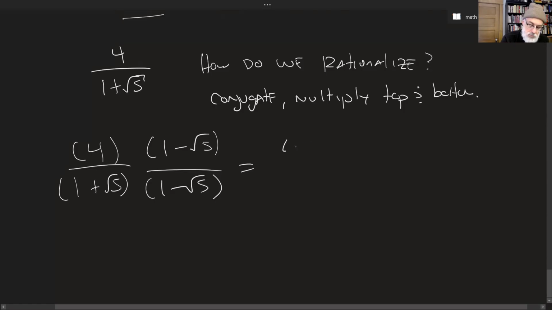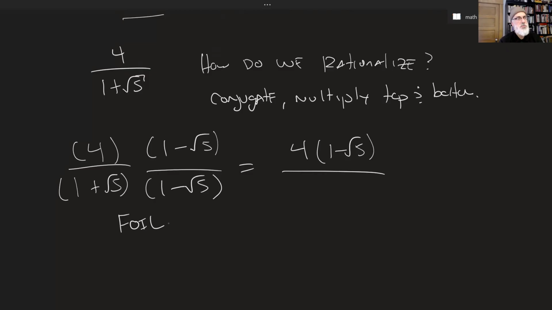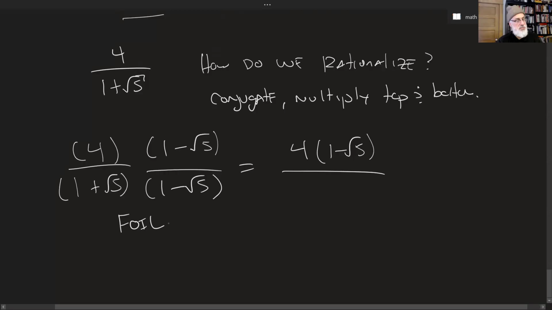I keep doing that. It's not all under the radical. I'm just rewriting it, I'm not actually doing anything to it. 1 minus the radical. Now this, and this is an upcoming lecture review, we would FOIL this. It's a form of distribution. We multiply the first terms, the outside terms, the inside terms, and the last terms. And doing so will get us four terms,